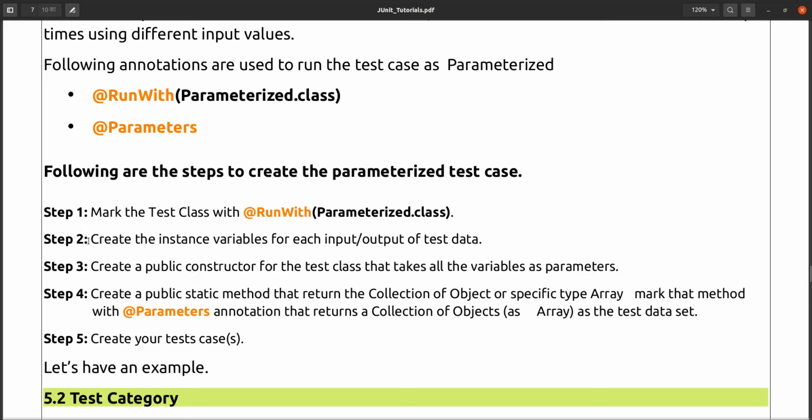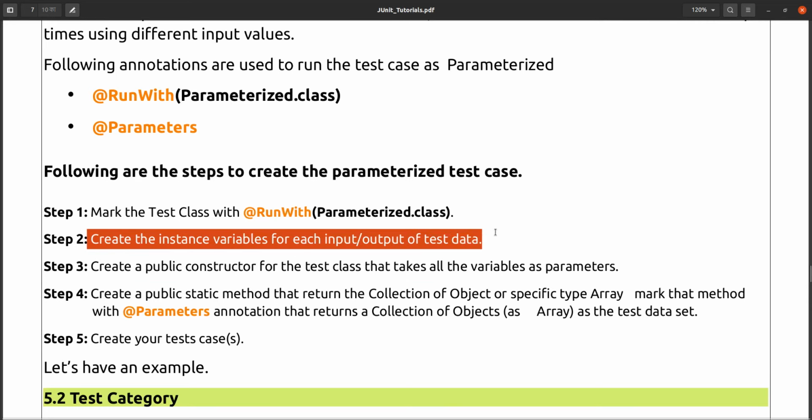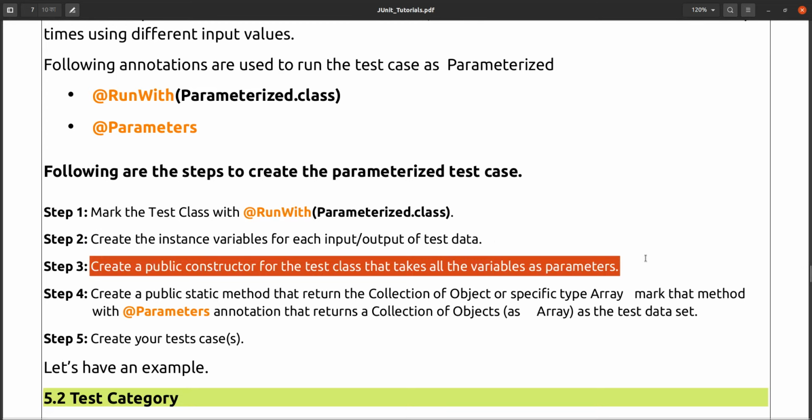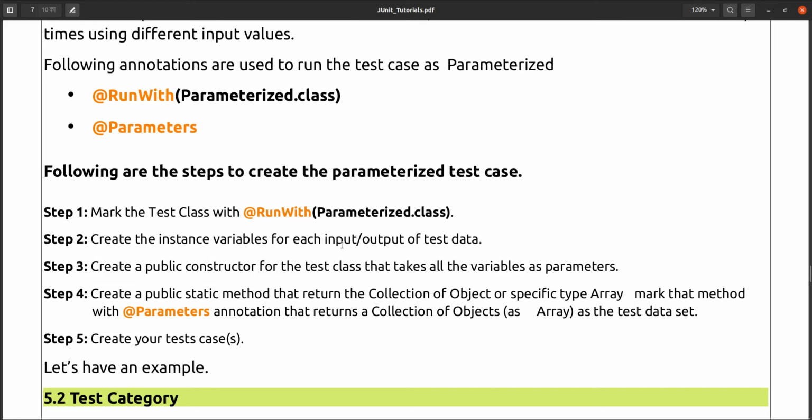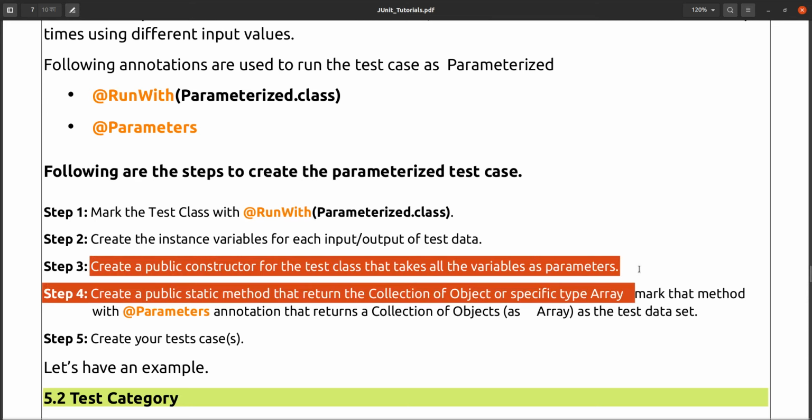So however many variables we have declared here, for those variables you have to create one constructor that will take these as parameters, and you will set them in this constructor.